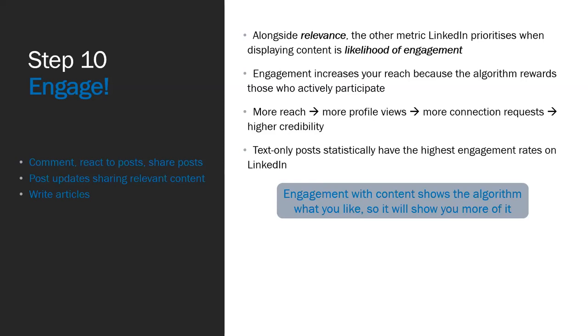And also, engaging with content shows the algorithm what you like, so it will show you more of it. So if you're just seeing things and you're never engaging, never liking anything, never commenting on people's things, but you actually enjoy what you read, LinkedIn can't get into your brain. They can only get into your brain if you turn that into action. So give someone a like every now and then. If you enjoy what you read in a post, then give them a like or put a comment or something.